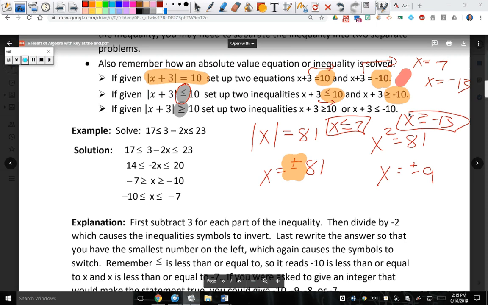Alright, so with absolute value inequality, don't forget to flip the negative one. Okay? Alright, so now let's look at,